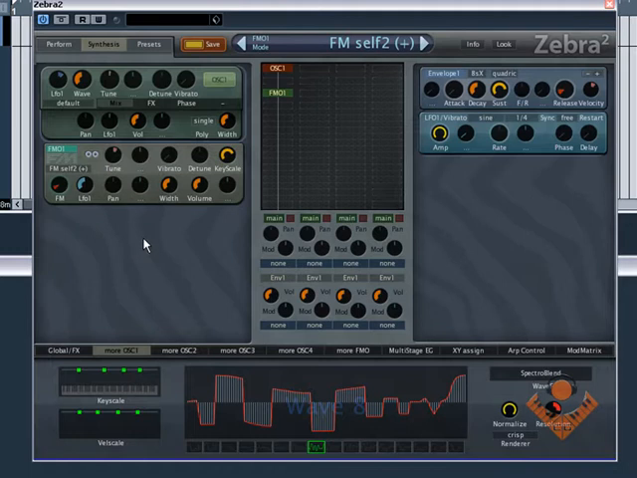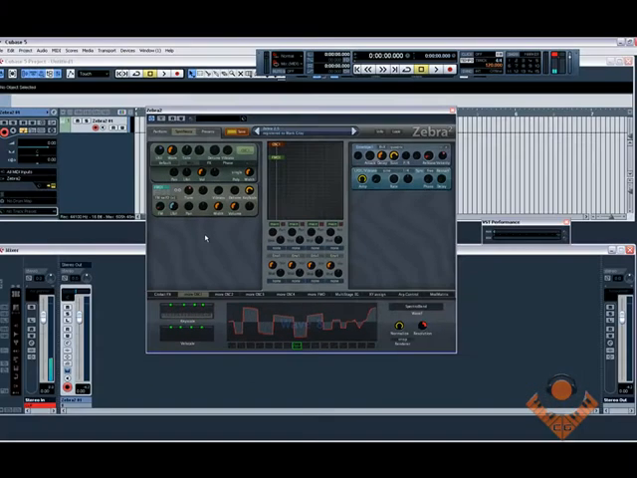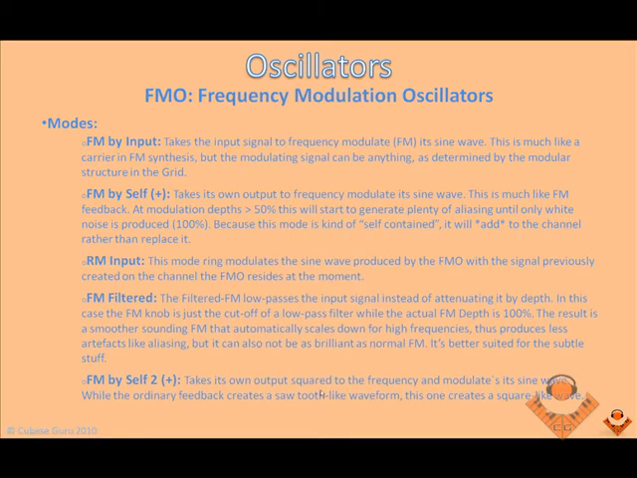Last one, FM Self 2 Plus. Let's have a look at what that is. Okay, it takes its own output, squared to the frequency, and modulates its sine wave. While the ordinary feedback creates a sawtooth-like waveform, this one creates a square-like wave. Again, you can see where this could get really crazy in maths,